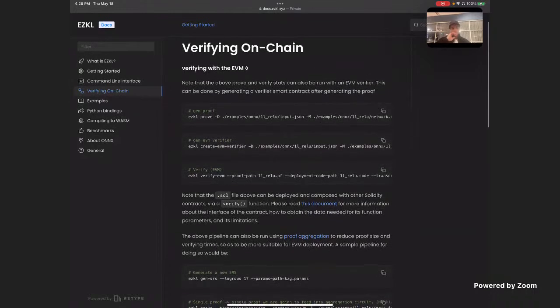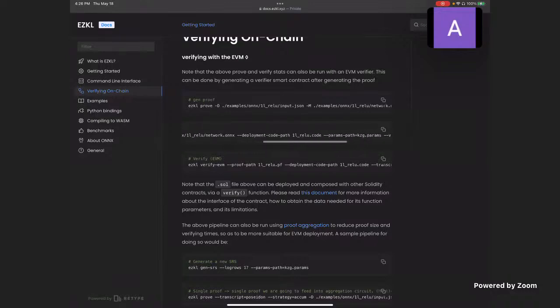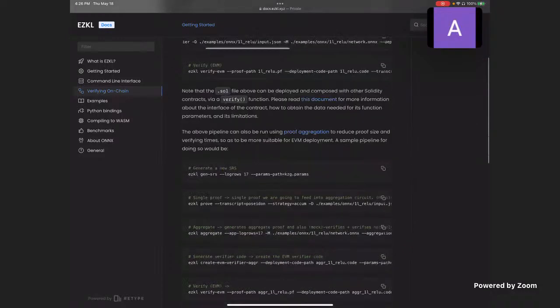But if you go to the docs site, there's a section on verifying on-chain, which shows you have to generate a proof with a transcript set to EVM, and then you can generate a verifier which emits deployment code, specific to the command line, specific to your model and Solidity code. Then you can test that it verifies by using a verify EVM, which just runs the code that you generated just before it, and then you can deploy that code